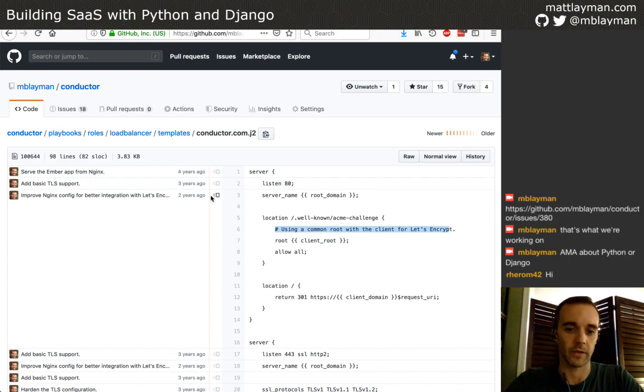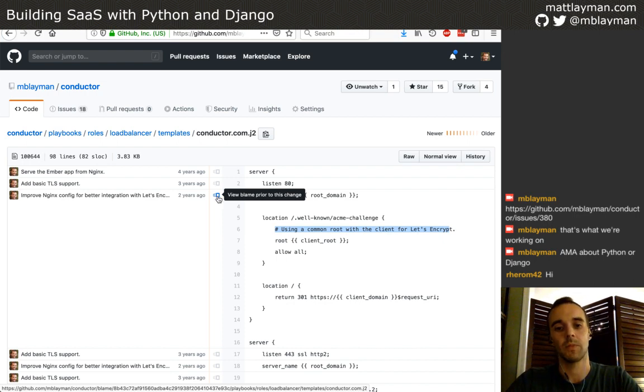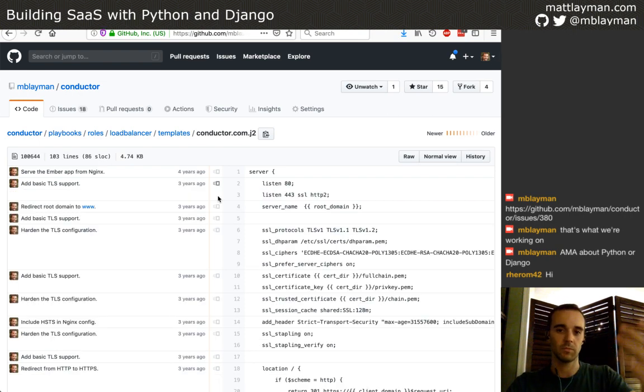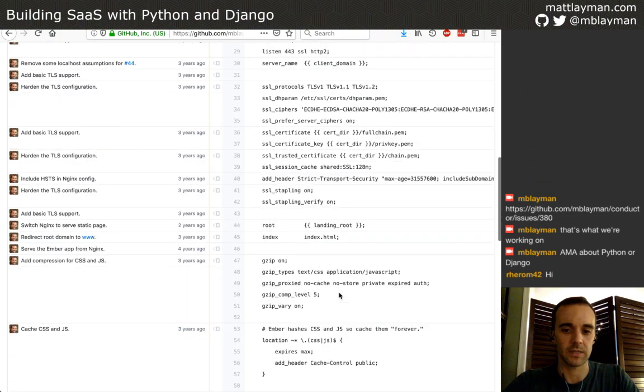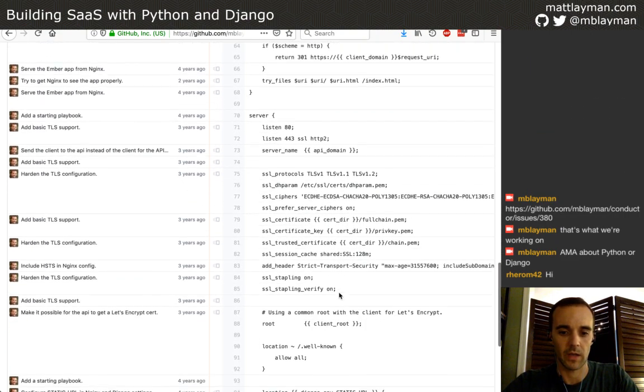So here's the cool thing. This button right here, this thing is freaking magic. So you can click this. I mean, you can read it. It says "view blame prior to this change." So it's like a time machine that just happens to go back to right before that commit. And so you get the blame from that point in the past. And so if you ever have this scenario where you need to dig into what happened, this is a really useful tool, because now I'm at this commit right before,